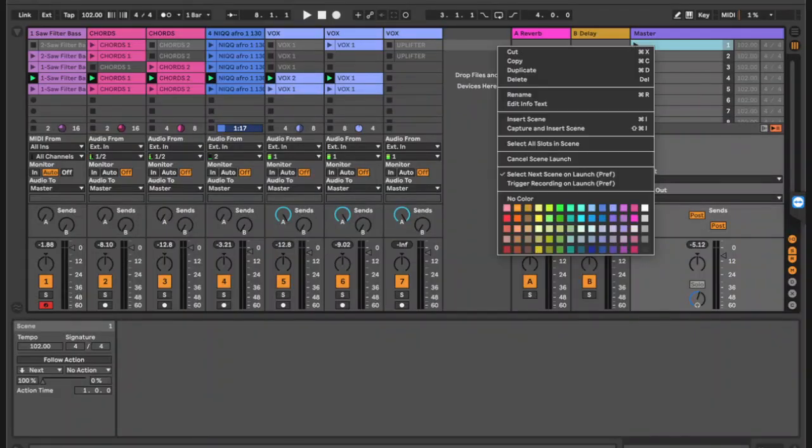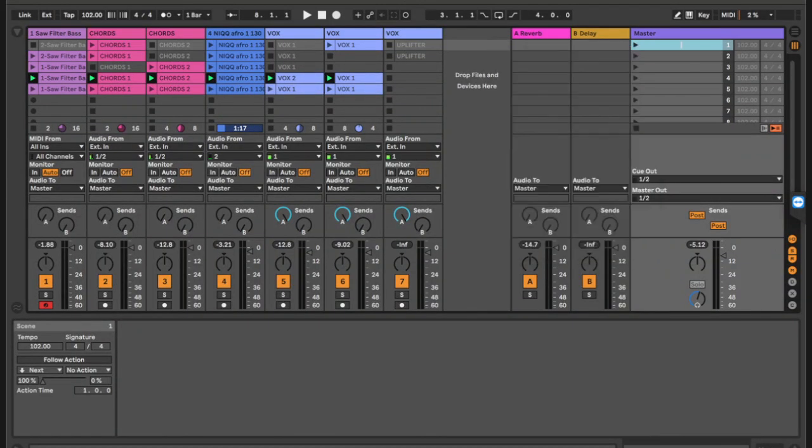So I'm just going to come over here to my master and rename my arrangements. They are called scenes actually. Anyway, so the shortcut to rename, you can just right click and rename, or you can press Command R or Control R if you're using Windows.